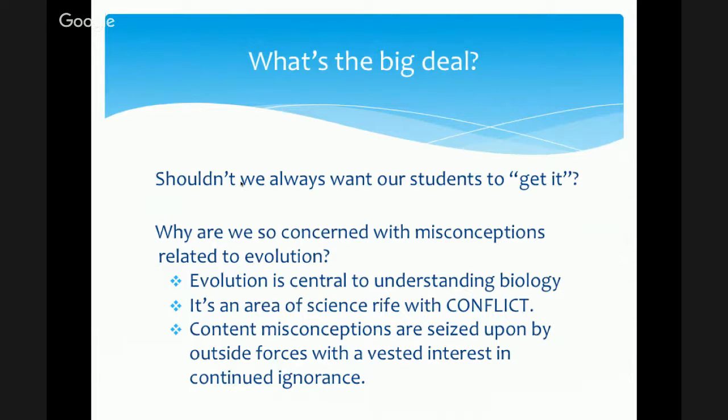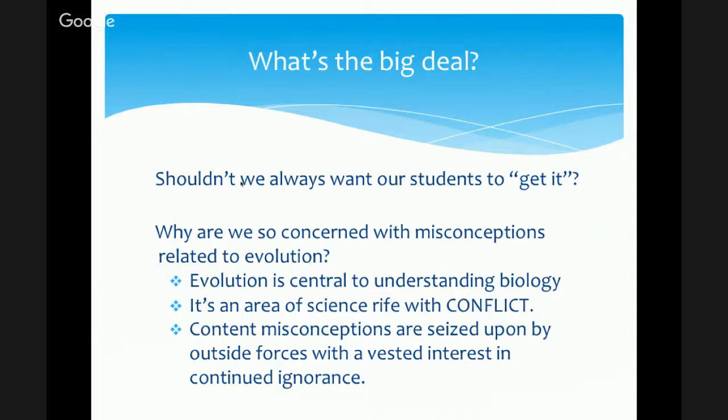But the real reason that we're here today, and why evolution gets so much attention from my organization, the National Center for Science Education, is because it's this area rife with conflict. And I want to be really clear that this is not scientific conflict. There's no argument among the scientific community about evolution writ large. Of course, there are still active areas of research, and you can get into all kinds of super nerdy conversations with evolutionary biologists about the minutiae and the details. So it's not to say that it's not a living science. Of course it is. But in terms of does evolution occur, no one says no in the scientific community.